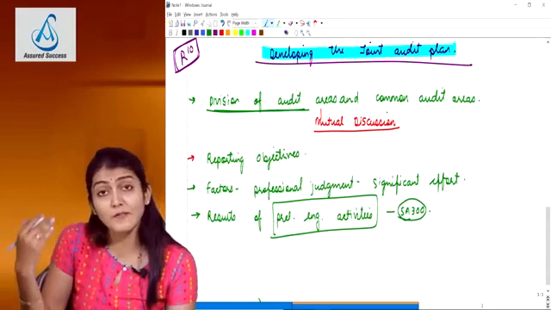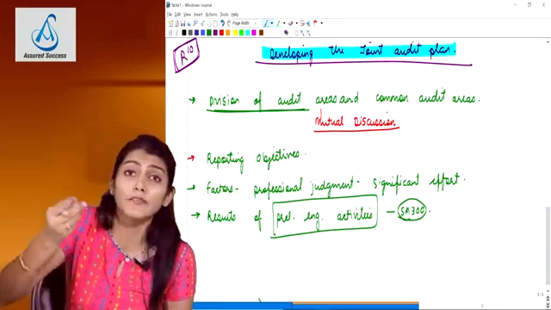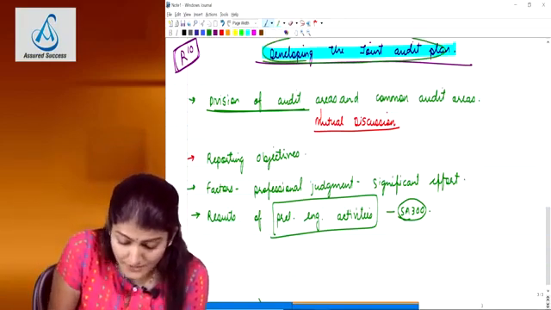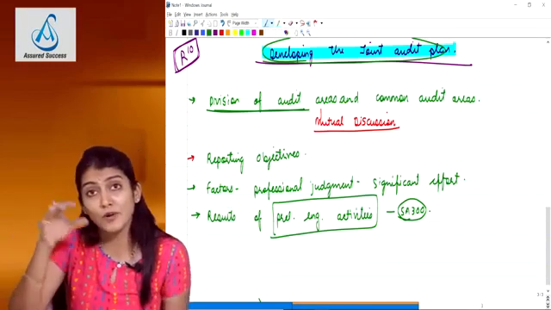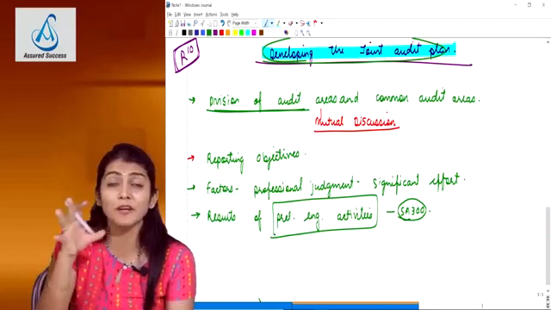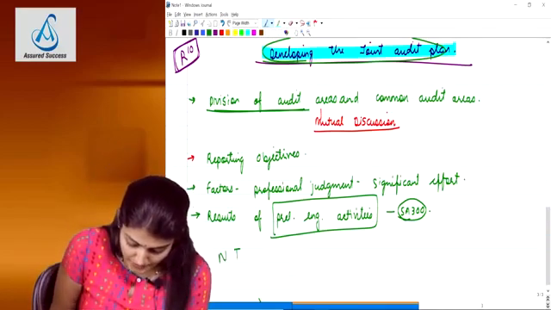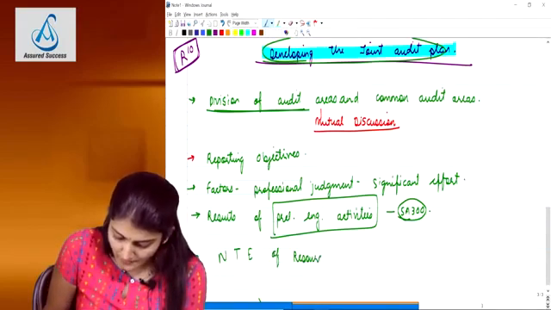So it says the results of the preliminary engagement activity should also be taken into consideration while developing the joint audit plan. Please keep the question in mind: what are the points to be kept in mind by the joint auditors while preparing the joint audit plan? Right, and the last point over there is the nature, timing and extent of the resources which will be required